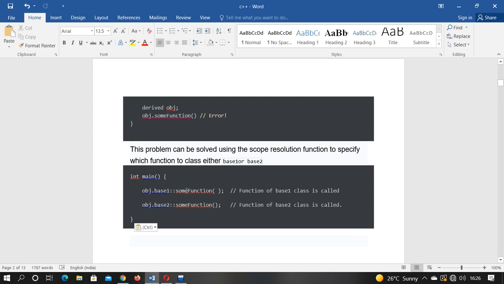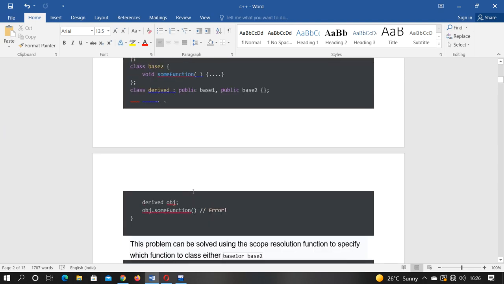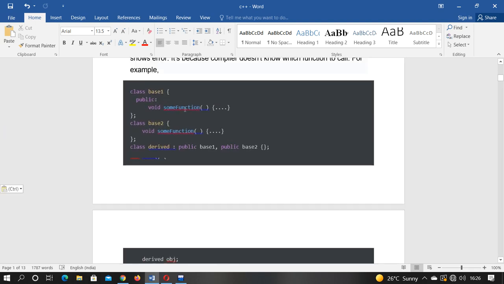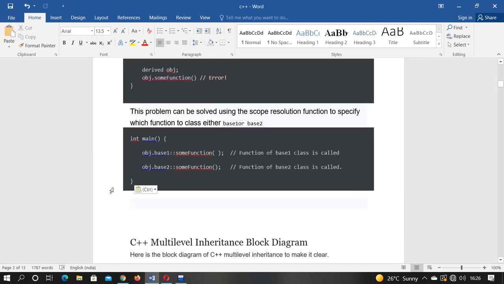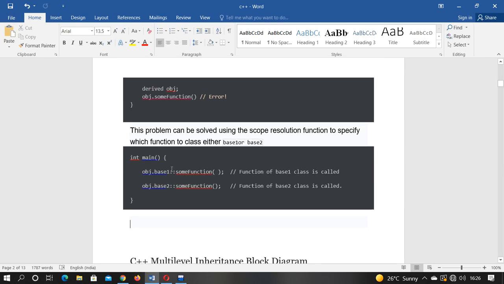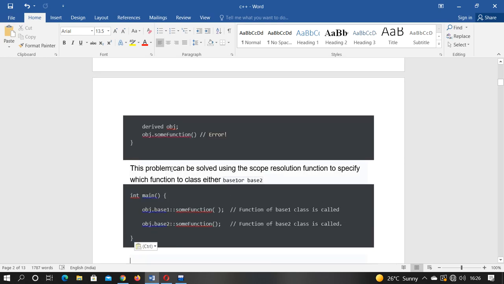So it will remove the ambiguity, and it will print whatever value we have inserted inside the sum function of base 1. In the same manner, object dot base 2 scope resolution means that the sum function which is called belongs to the base 2 class. So in this way we can remove the ambiguity of multiple inheritance.